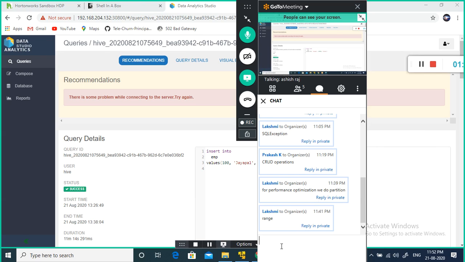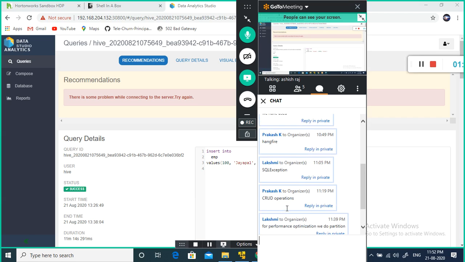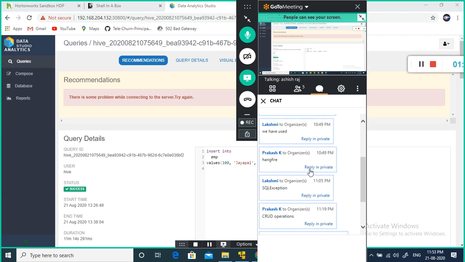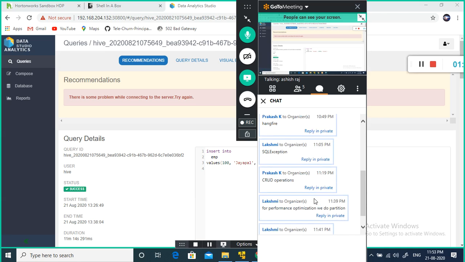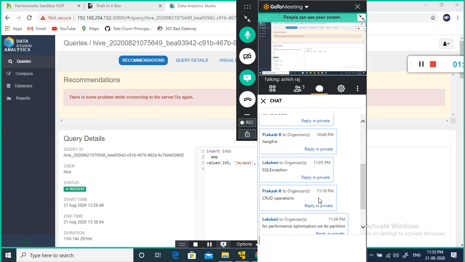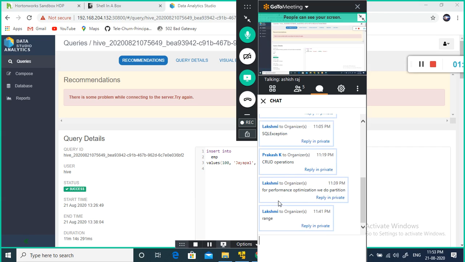In the case of denormalized tables, we don't use foreign keys and primary keys. Foreign and primary keys are used in RDBMS, but in the case of Hive, we don't use many keys. Primary key we might use, but foreign key we don't, because foreign key will screw up the performance. Also we don't do update and delete, because they are expensive operations, since multiple reporting jobs will be running on top of your Hive data warehouse. If you perform update and delete, it takes a lot of time.